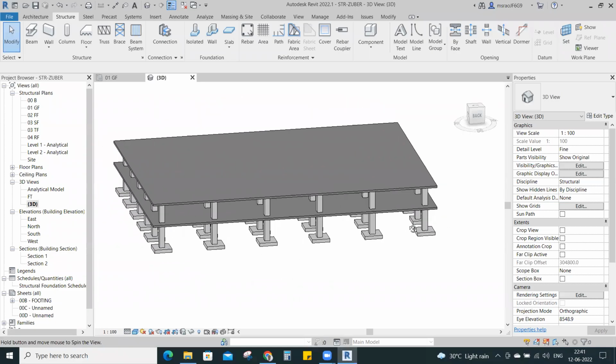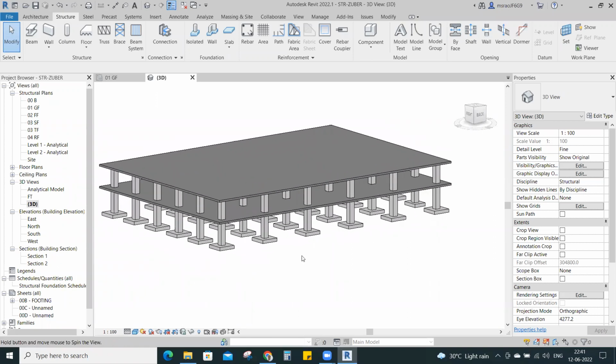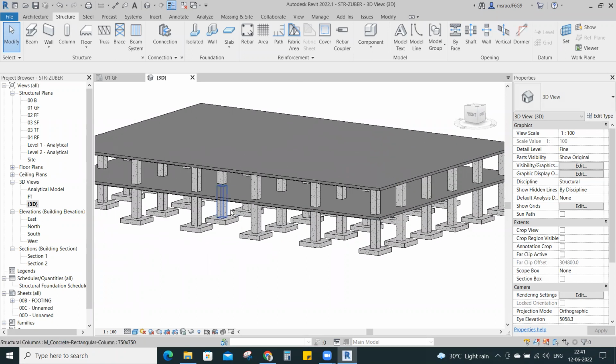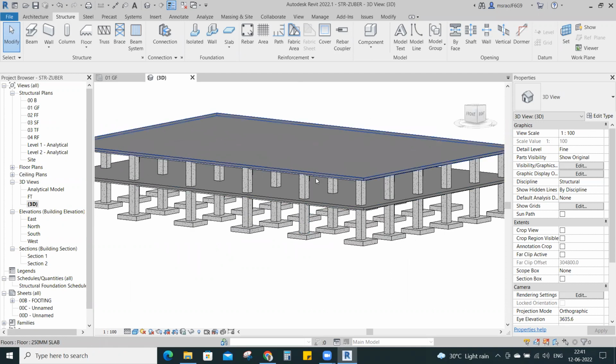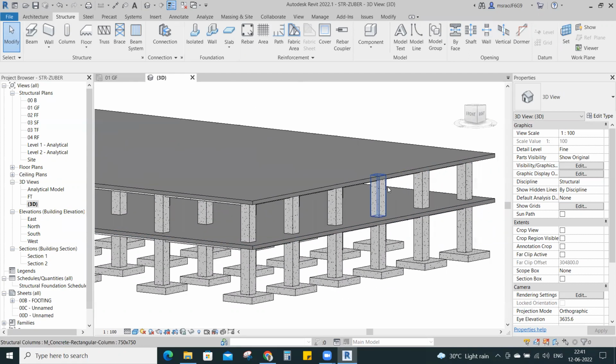If you observe any construction in our project, you can see the columns, footings and slab, as well as structural staircases. Anybody observed? If you see only the structure in the construction, we can see the staircase also. To draw the staircase, we need the information of the floor heights, where it is starting and where it is